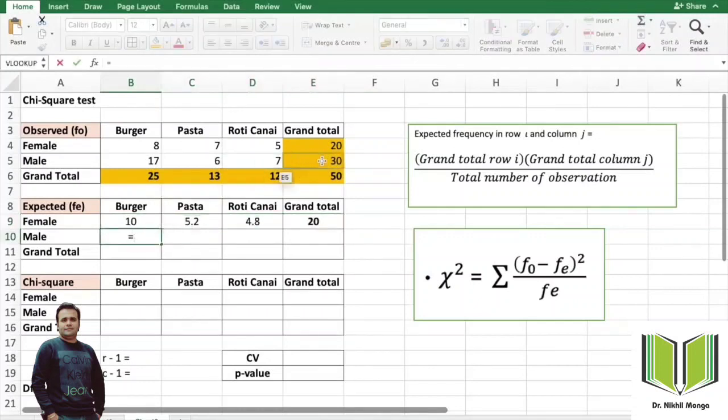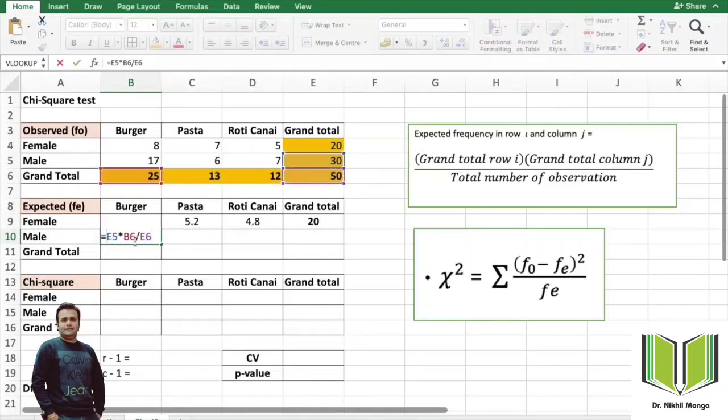So similarly you can do it for the male, right? I have done the same thing: equal, then the E5 cell, and then the grand total of the burger divided by the total number of observations, which is 30. These are going to repeat in the subsequent two more cells, therefore you can lock the value.